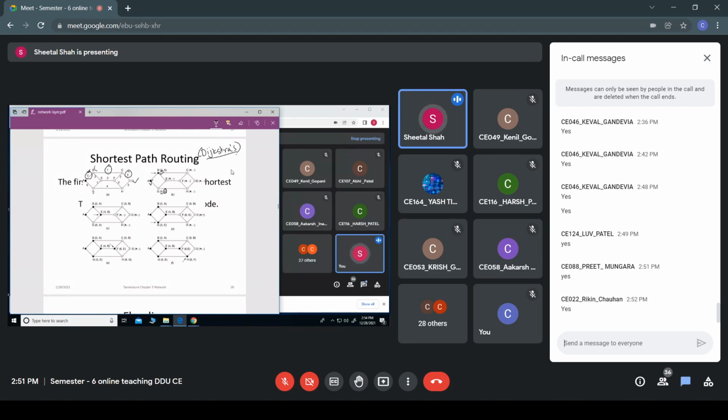Initially, all these are made infinite. So here it would be comma, infinite weight would be there. But as soon as we make one node permanent, all the nodes which are connected to it can be changed, and the minimum one should be kept. Earlier, initially it was infinite, so now it has become 2. So now among these, 2 is minimum.